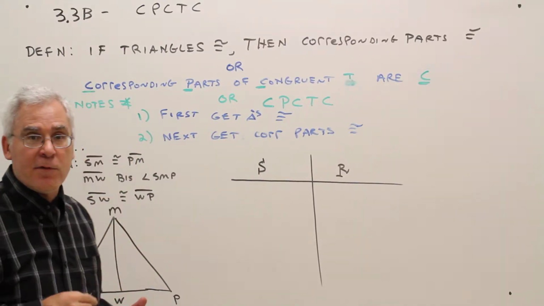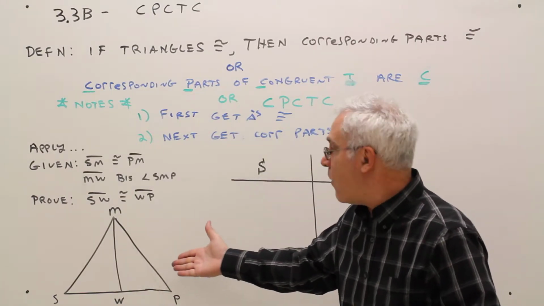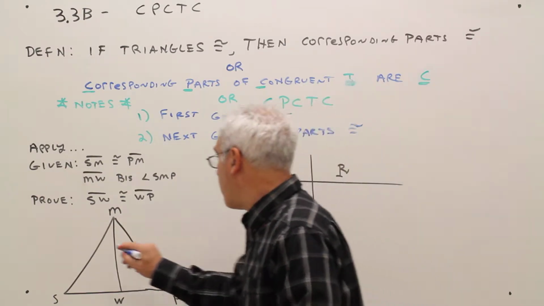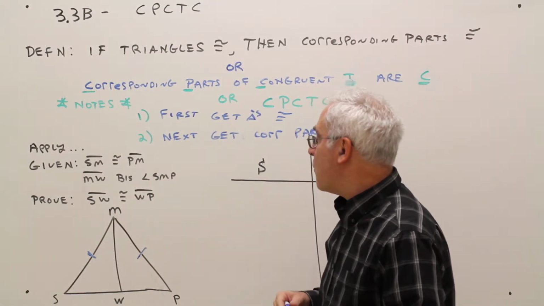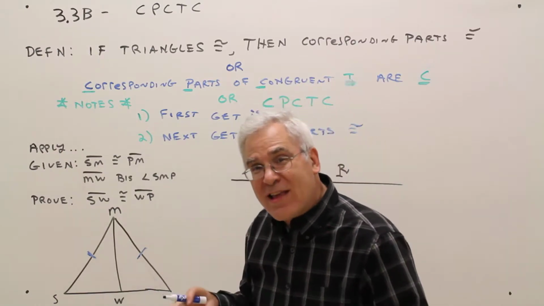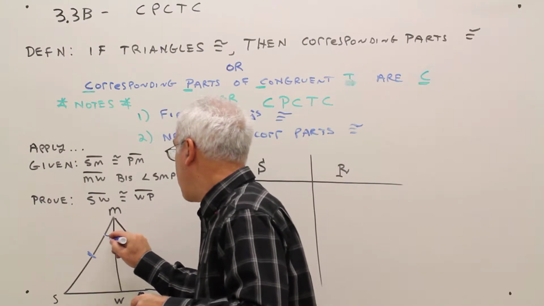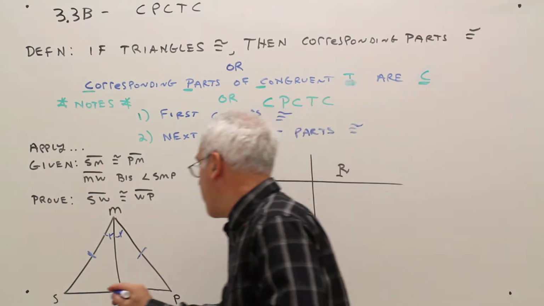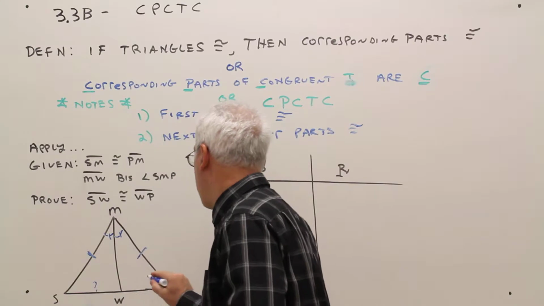All right, so here's just a basic application of it. Given this figure here, with SM congruent to PM, I like to mark up my diagrams. SM to PM. MW bisects angle SMP. So if I'm bisecting an angle, I'm going to get 2 congruent angles, not 2 congruent segments. So I'll end up getting that to be congruent to that. Prove that SW, this chunk here, I'll write it up here so you can see it better, is congruent to